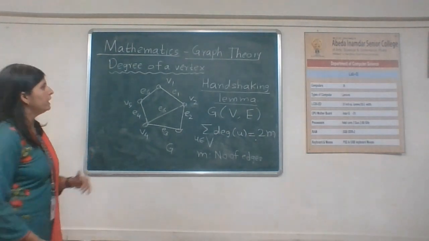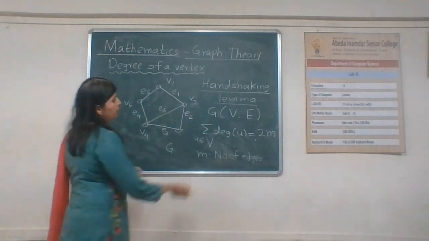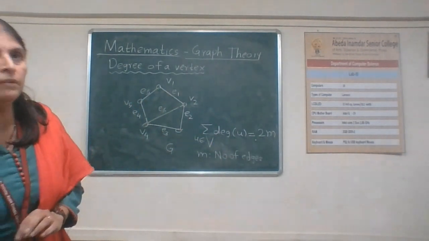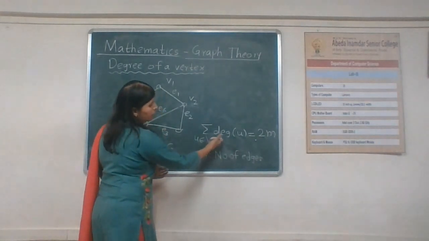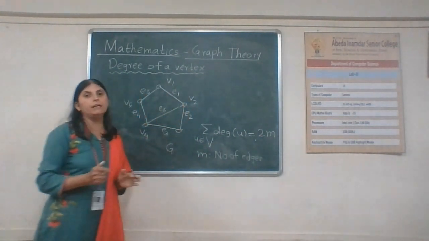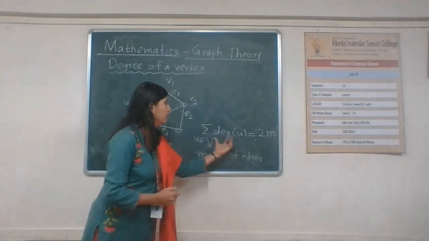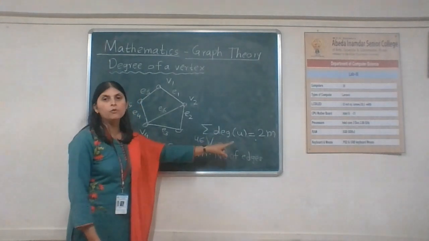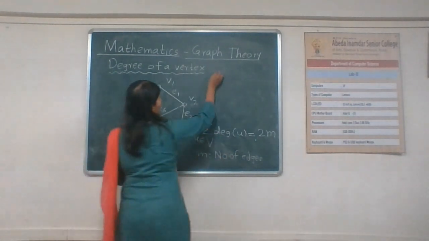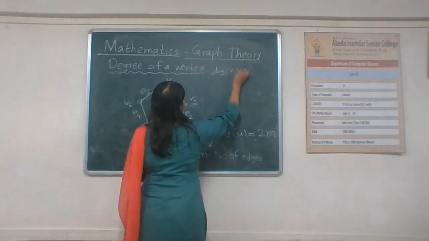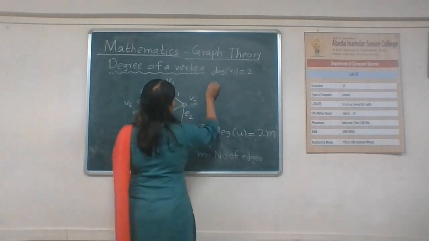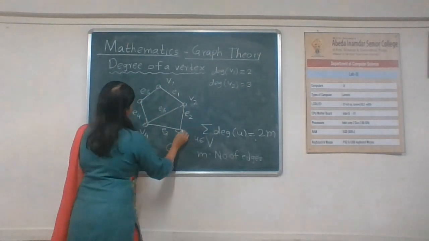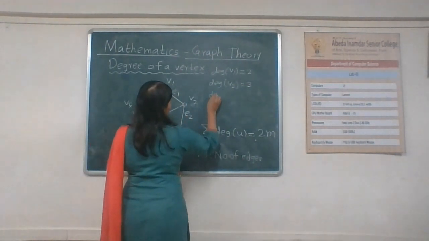Now, we verify the handshaking lemma for this graph so that you can understand its meaning. In the handshaking lemma, there is one equation. So, first we find LHS and RHS separately and then verify that these two are equal. For the left hand side, I need the sum of degrees of all the vertices. Now, here, what is the degree of V1? Degree of V1 is 2. Degree of V2 is equal to 3. Degree of V3 is equal to